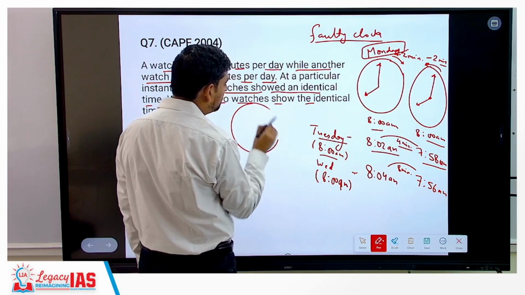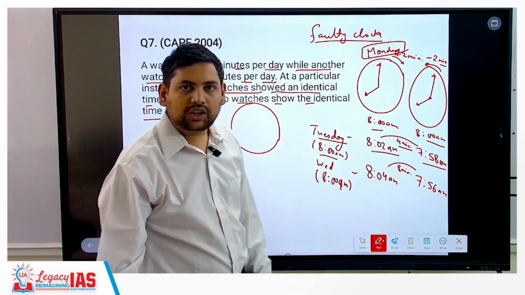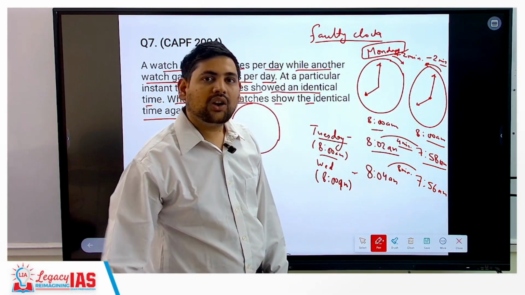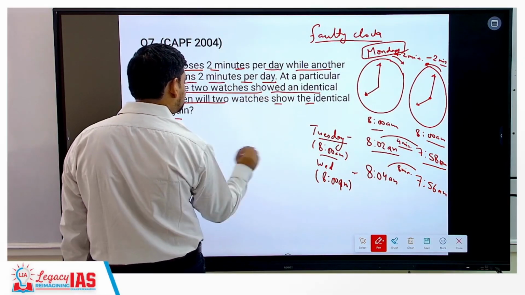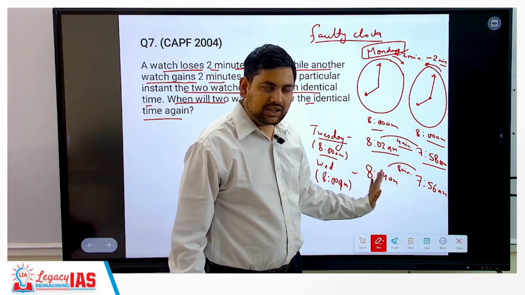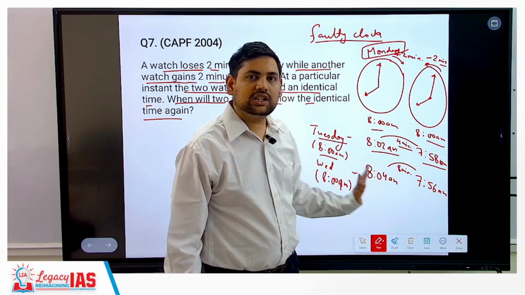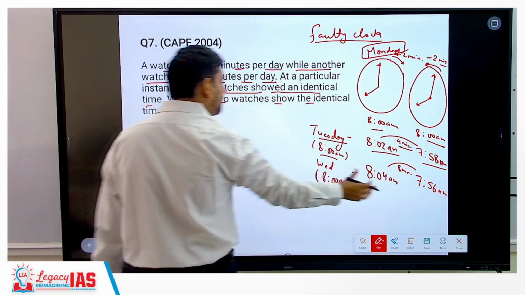They cannot meet because one is moving in forward direction, other is moving in backward direction sort of. So how can they meet? They can only meet in one condition, that is when this watch, it is increasing 2 minutes every day, increasing, eventually at some point, if the difference